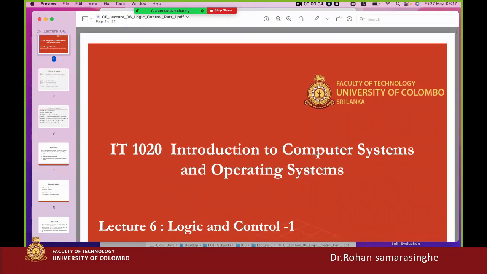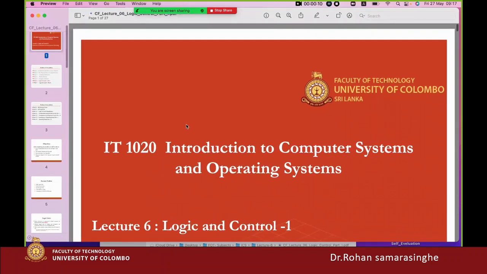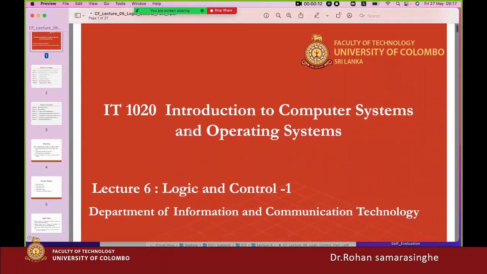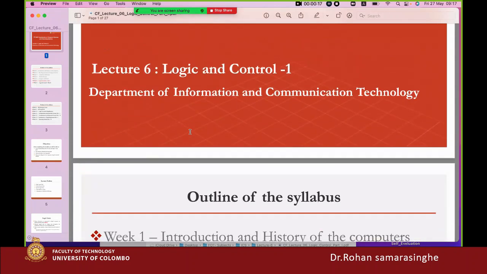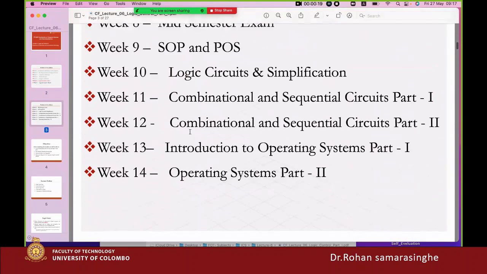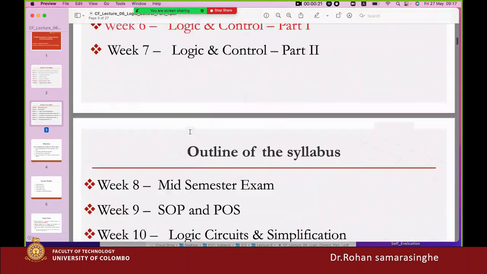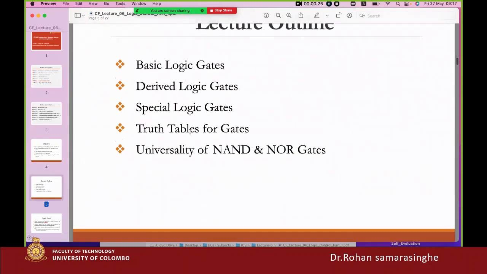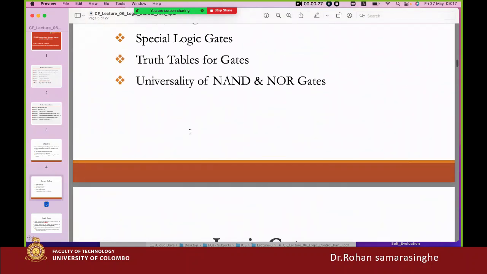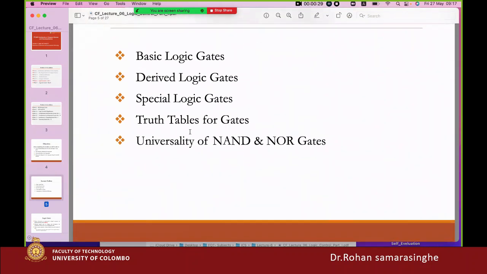We have to revise the logic and controls. This is also very important for you for the exams. You definitely will have some questions from the logic gates and the logic circuits. So then we'll discuss. I will revise what we studied